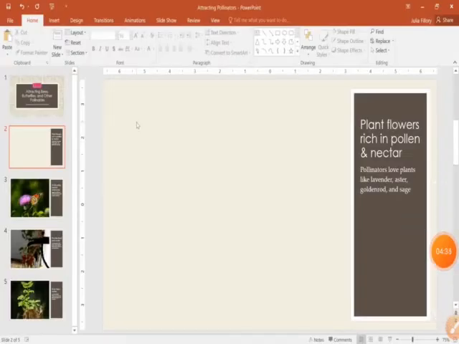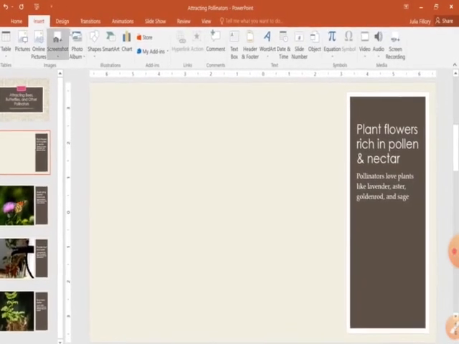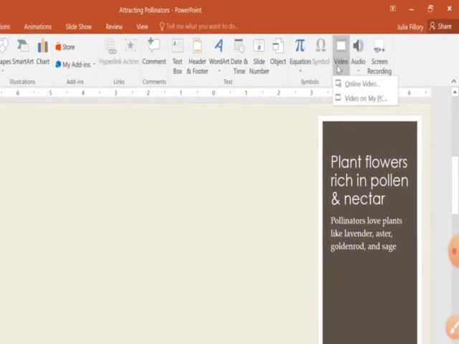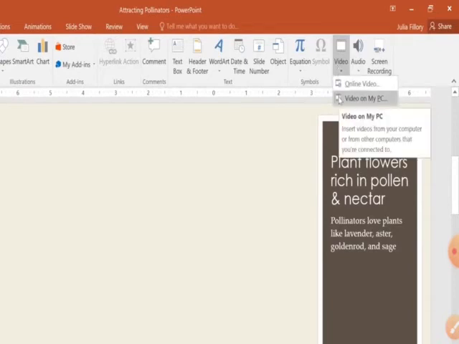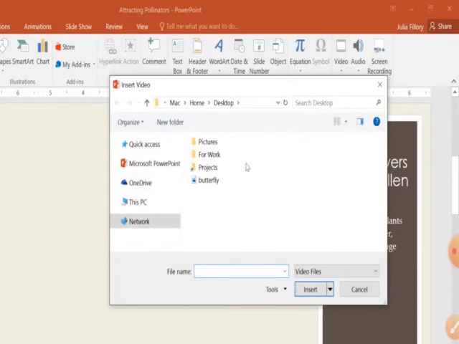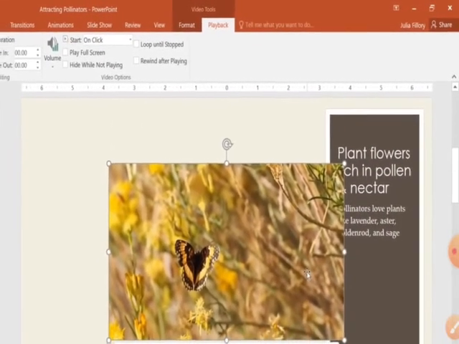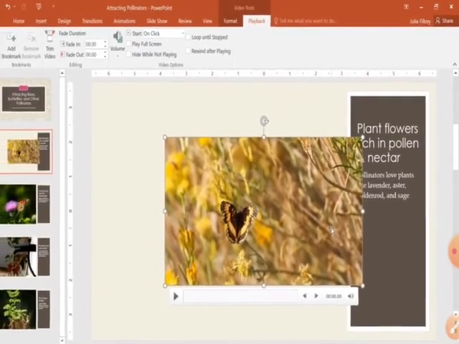Student, inserting a video is the same process as inserting pictures. Click on the Insert tab, and when you click on the Insert tab we find the Audio and Video icons. For video, click on Video and you can select your video from PC. Click on PC, select the source where you have kept the file, and click on the Insert button. As you click, your video will automatically be inserted in the slide like images.